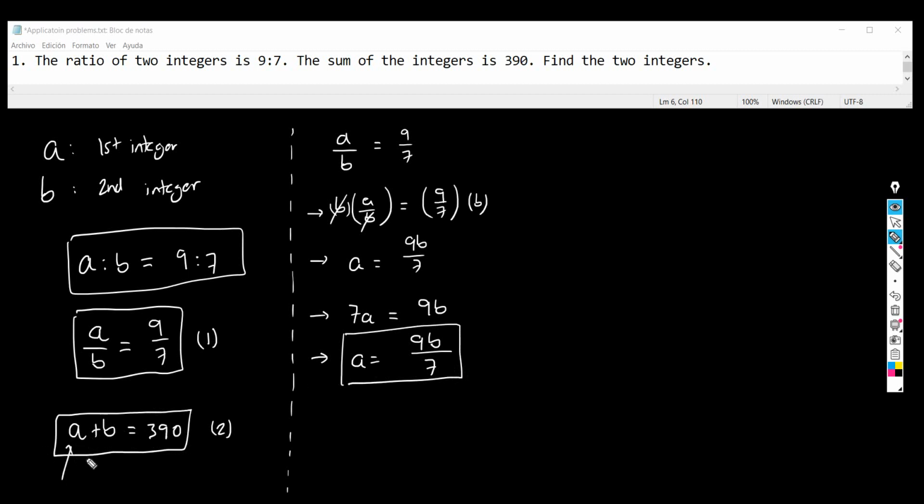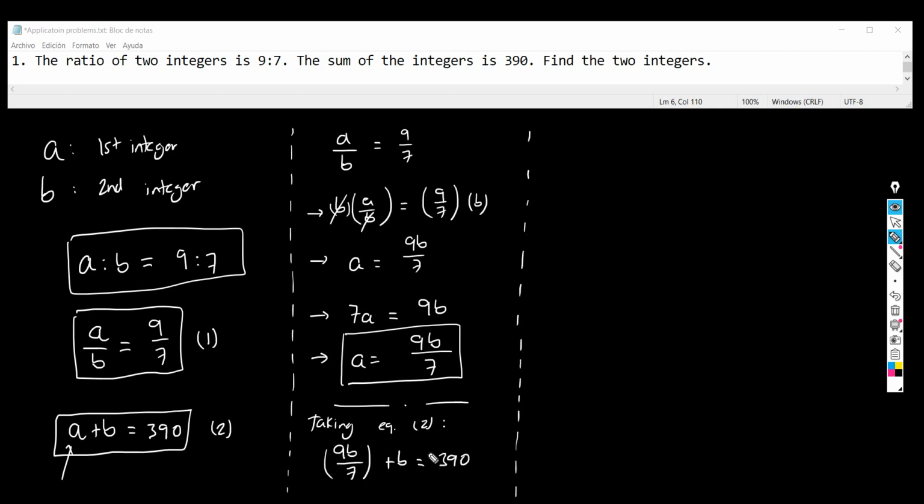Instead of a right there, I'm going to place 9b over 7 because according to this equation, 9b over 7 is equal to a. So let's do it. I'm going to take equation 2, and let me write that. Taking equation 2, we have 9b over 7, substituting this, plus b equals 390. And if you realize, we have obtained an equation which only has one variable, which is b, and we